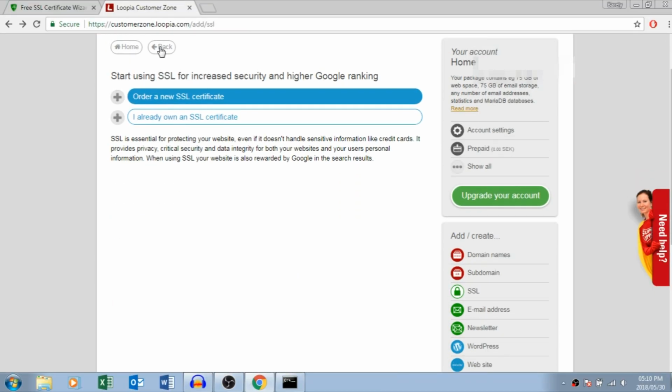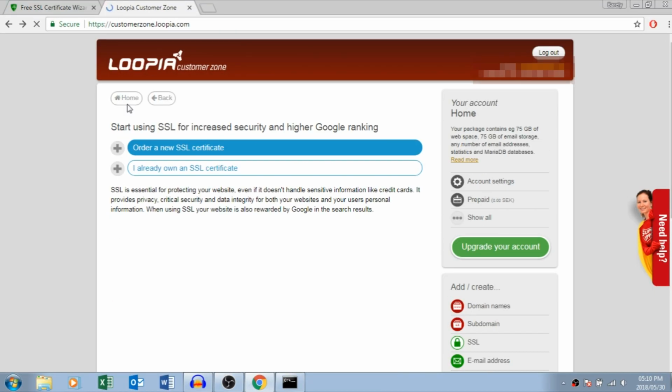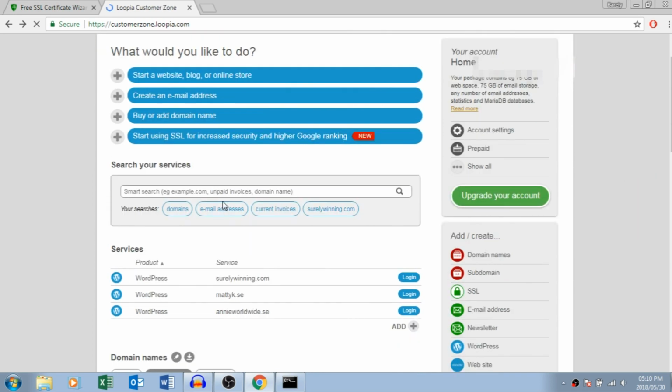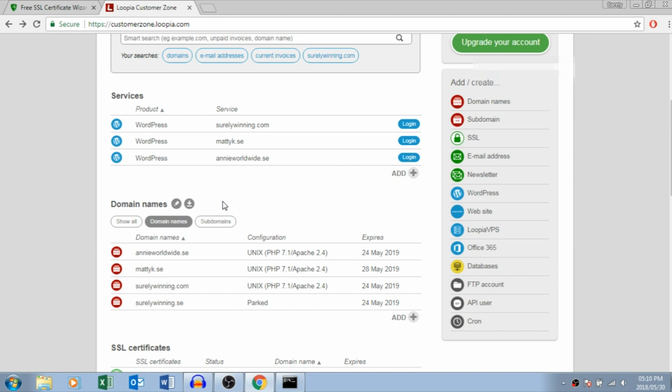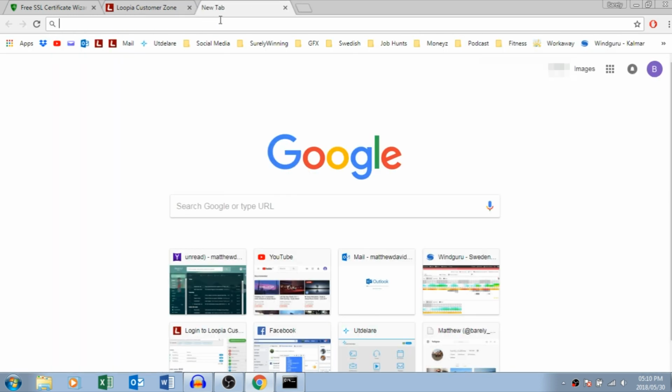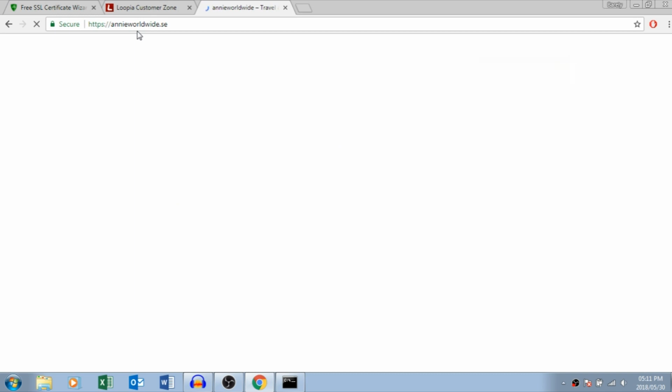mostly. I'm just going to show you what you have to do to activate it, or rather not activate it, but just the 1 or 2 small changes you need to make if you are running a WordPress site. But I will just show you that it is working now by going to my domain name, and you can